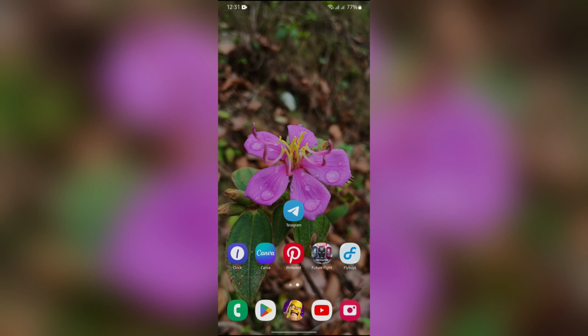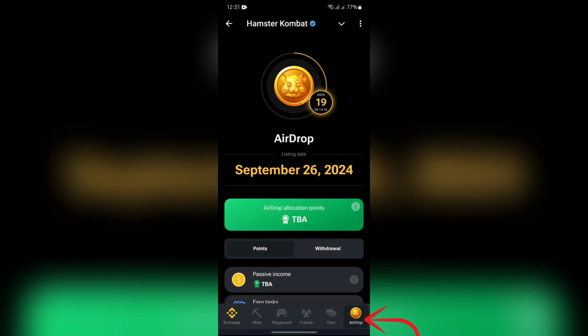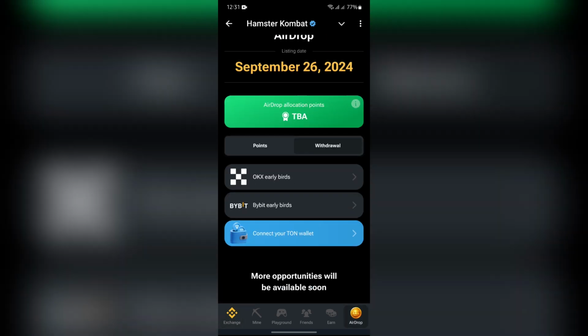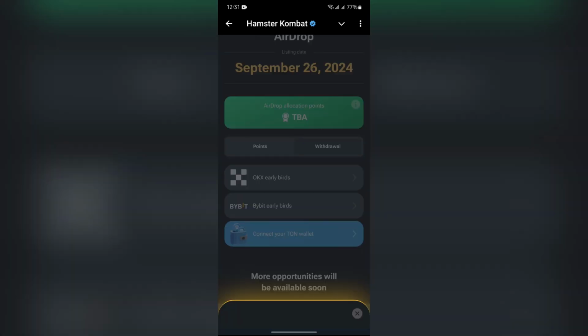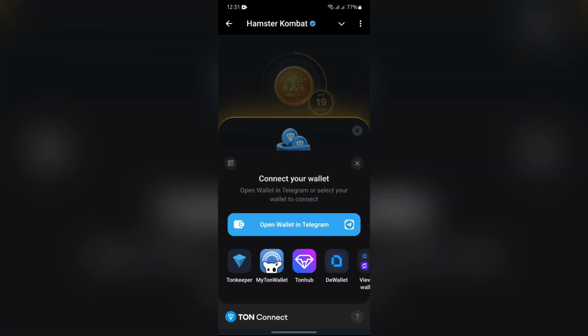In order to do that, you simply have to open your Telegram application and open Hamster Kombat. Once you are in the application, you simply have to go into Airdrop, and then connect your TON wallet first. After connecting to your TON wallet, you can